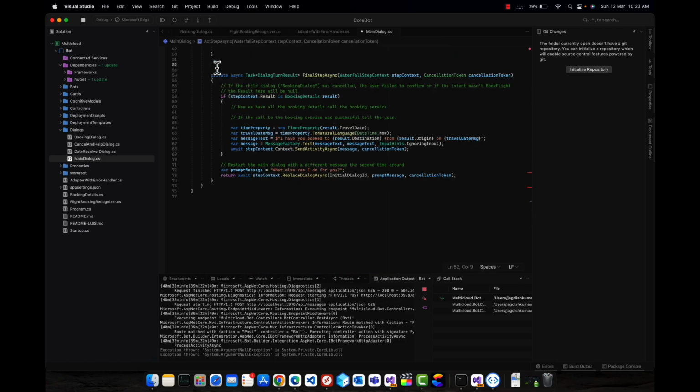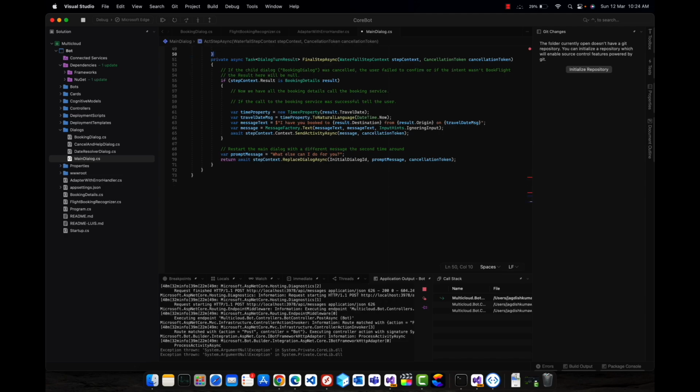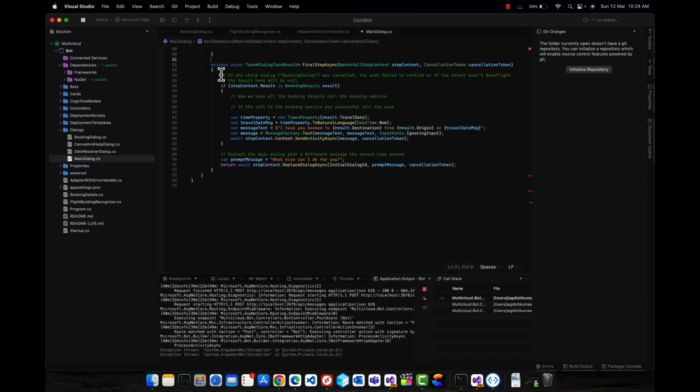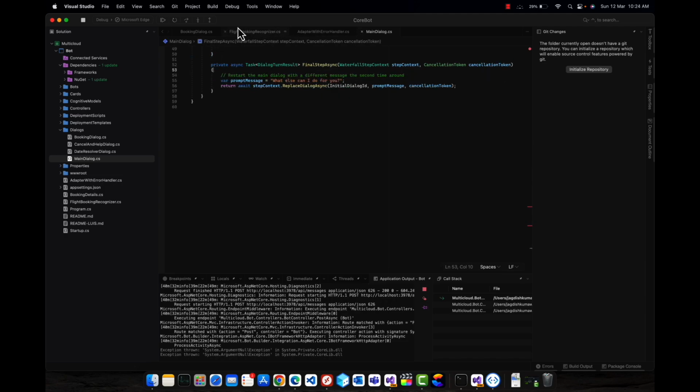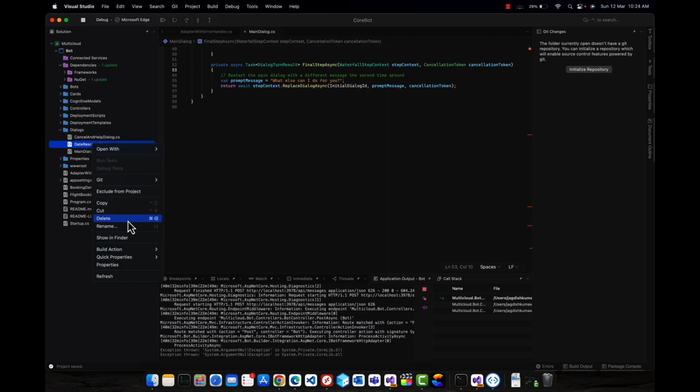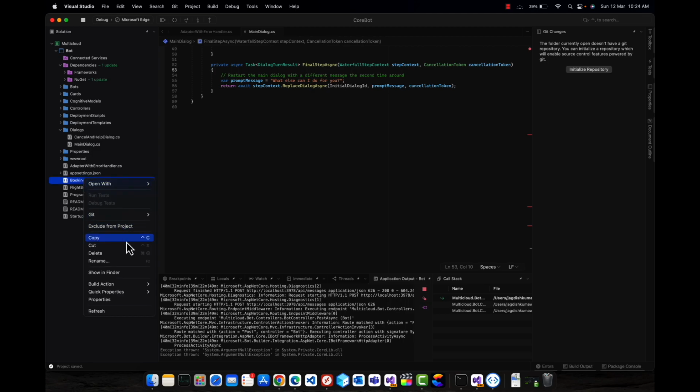So I'm just getting rid of all the content with regard to the flight booking bot, and also let's get rid of booking dialog, cancel, let's keep it, date resolver, booking details,